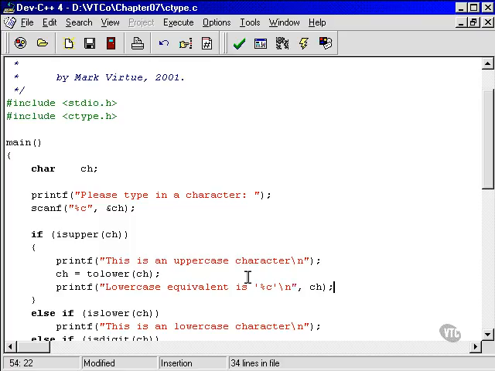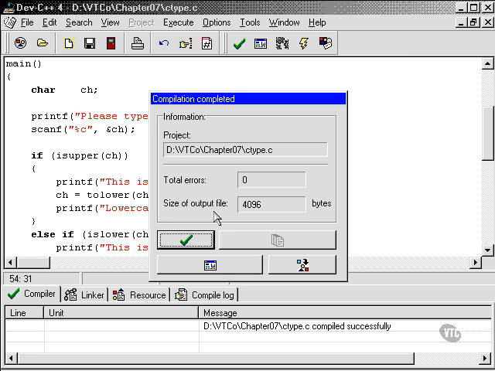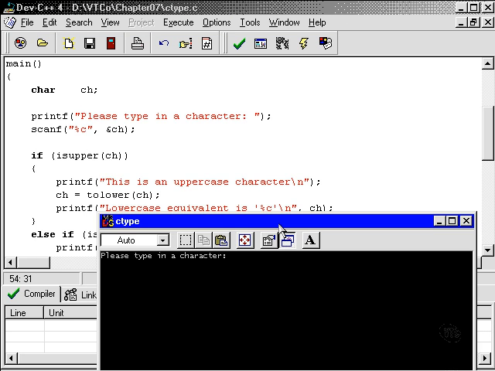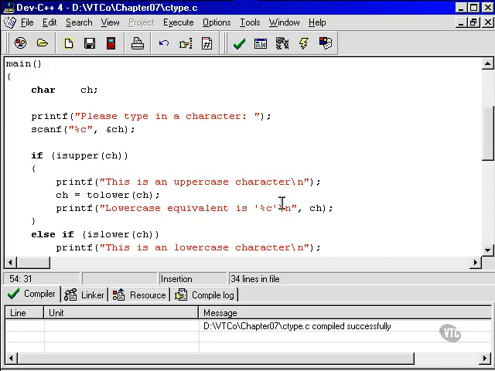Sure, like that. Okay, let's see if that runs. And run. Now, for that bit to be tested, we'll actually have to type in an uppercase character. So we'll type in the letter D. This is an uppercase character, lowercase is lowercase d. Very, very nice. Okay, so there's nothing tricky about any of this. These are very, very simple functions. So that's all I'll talk about on that topic. I think that's the end of this chapter. Let's go and have a look now at the course